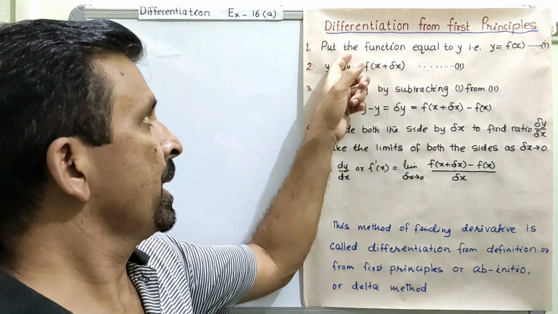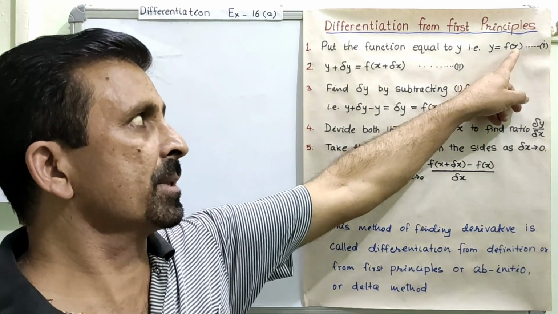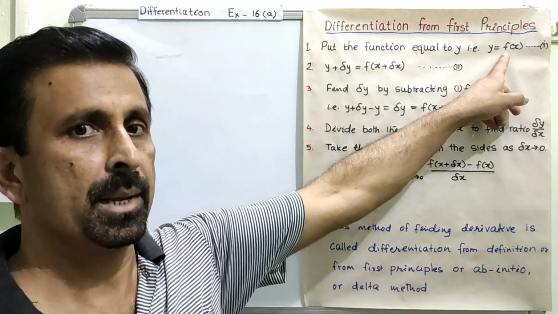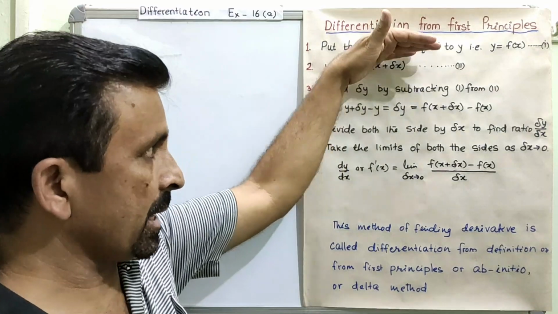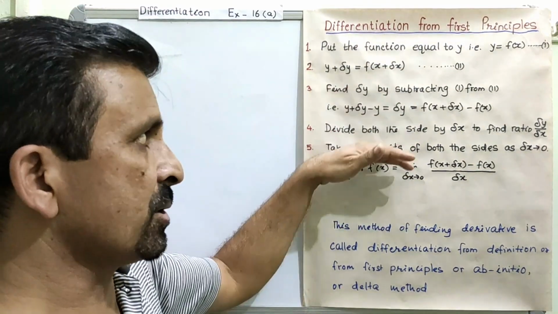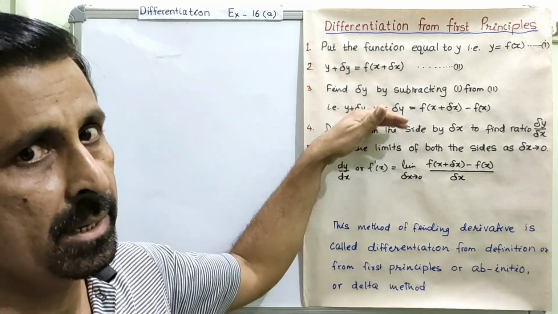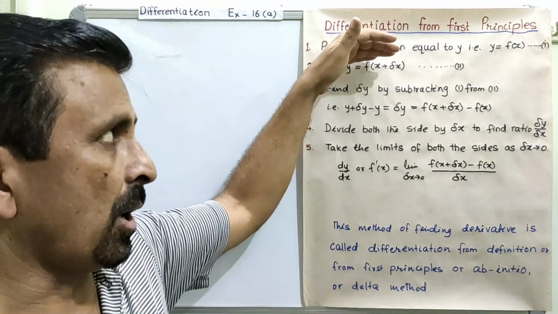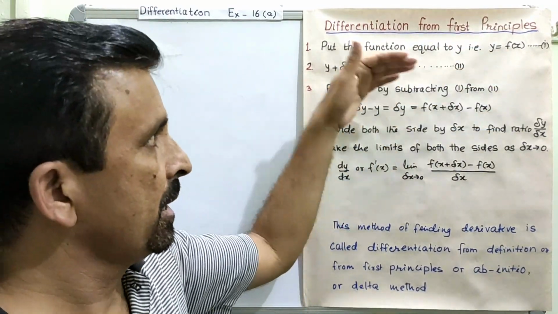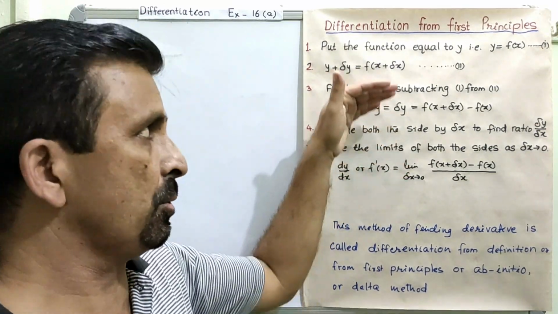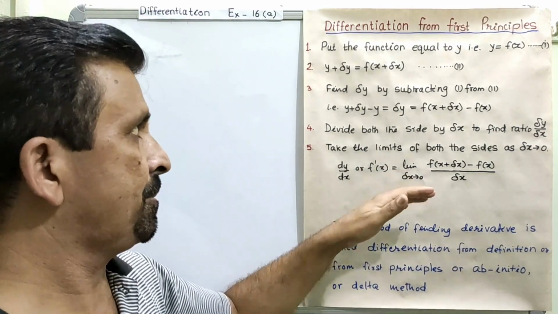So step number 1 is put the function equal to y. So what we can do is we will assume the given function as equal to y. Clear? And then we will name it as equation number 1. Please remember, the step is very important. If you try to skip the method process step, your marks also will be reduced. So solving the question, finding the derivative of the given function by using the first principle, the steps are very important. Your marks will be distributed on the steps. Okay, so please do not try to skip any of the steps.